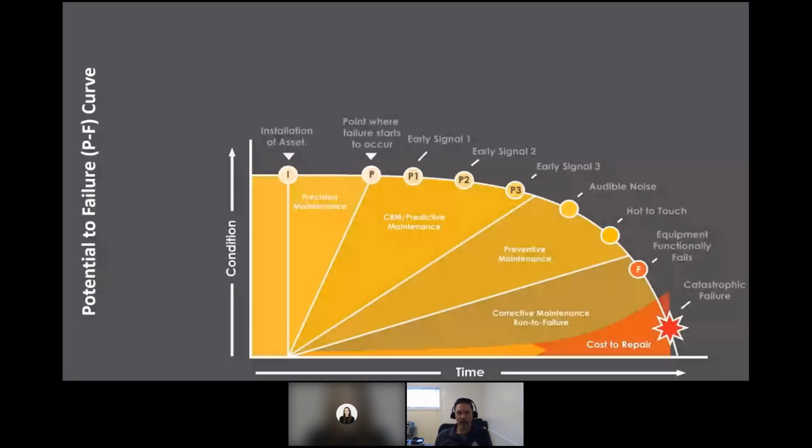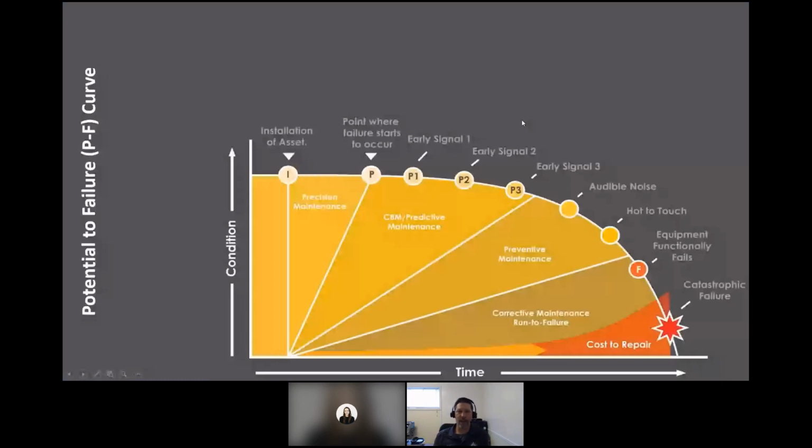If we continue to let it go, we'll get catastrophic failure. As you can see further down, the cost of repair is going to go up. But this forms the basis of our PF interval. The PF interval is pretty simple. The PF interval is at the point where we detect, so P1 for example, to the F, the time